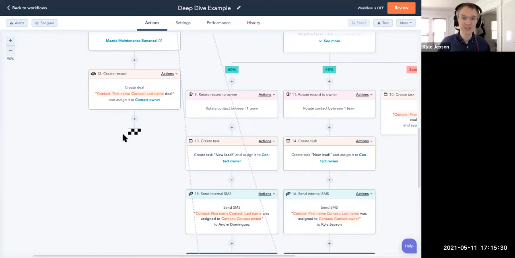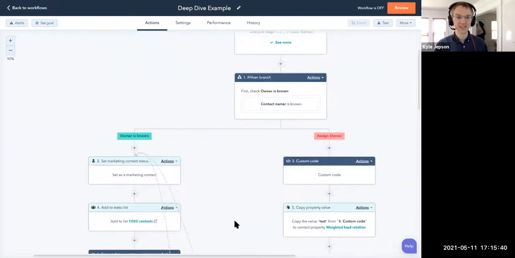You can update properties, you can assign records to owners, you can send emails, text messages, you can create tasks and records inside the CRM. There are a lot of different things you can do. You have branching logic and these dotted lines for connecting the different branches. To make sure you can really get down into the nitty-gritty of how you're going to meet the needs of the people you're serving and make sure your records and your data are kept up to date in a meaningful way. So with all of that as sort of a whirlwind tour of what workflows are and what they can do,